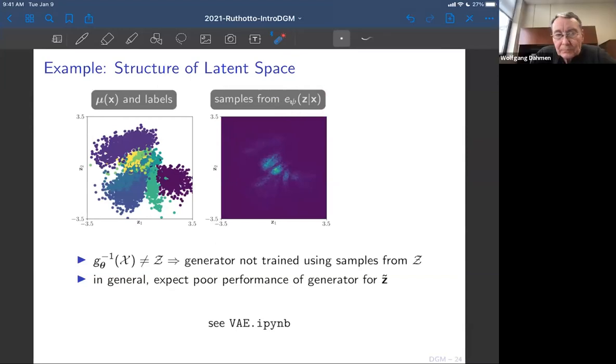So it becomes interesting to look at the latent space and how the samples are distributed. In our case, I've shown just the means of all the posteriors, and I've color coded them by the labels, because we have a labeled data set. We didn't use the labels so far, and of course we're also not using them in the training, but it's kind of interesting to look at. So this class here would be the same digit, and they go together in the latent space, which I find interesting, because it was not trained as a classifier, but in some sense, magically they end up in the same space.